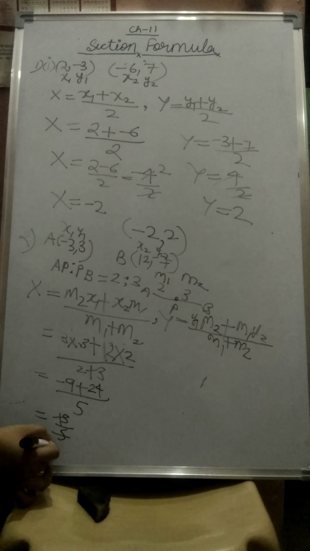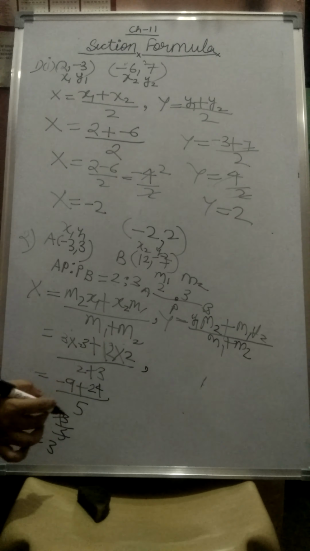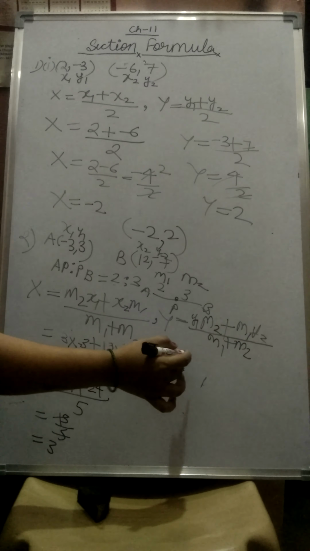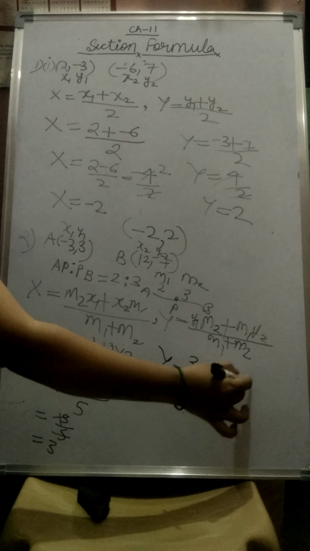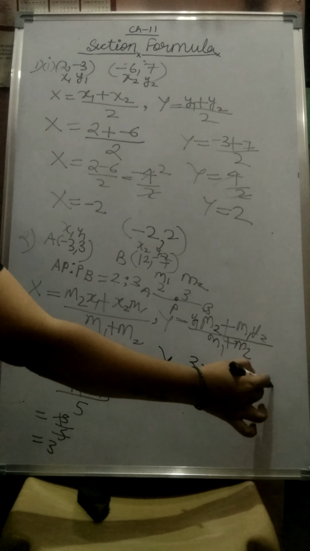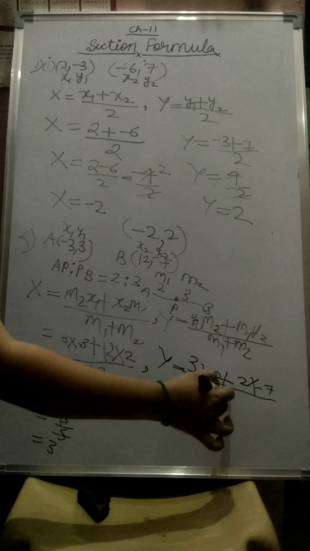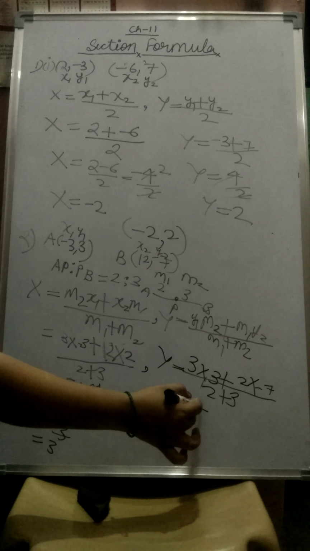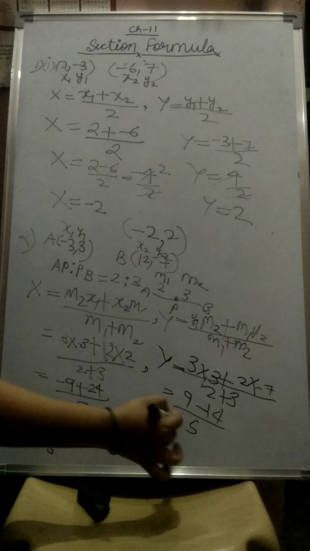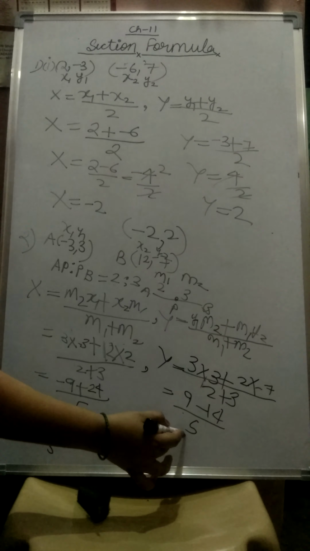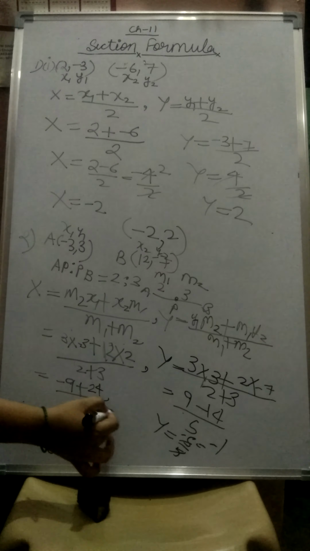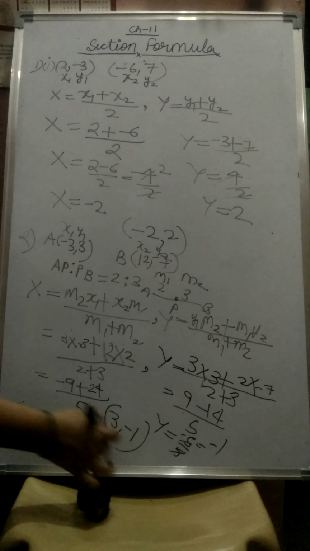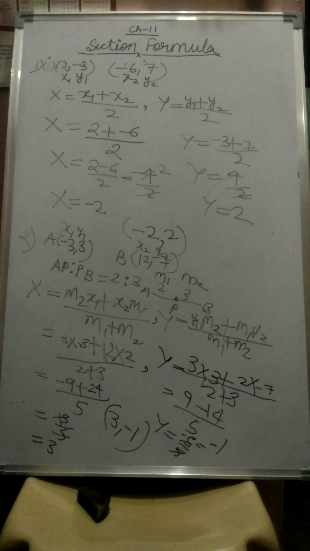This is 3. Now in place of y1 we have 3, m2 is 3, plus m1 is 2, y2 is minus 7, upon 2 plus 3. This is 9 minus 14 by 5. So y is equal to minus 5 by 5, this is minus 1. So the coordinate is 3 comma minus 1. Like this, you can solve the other questions. So students,